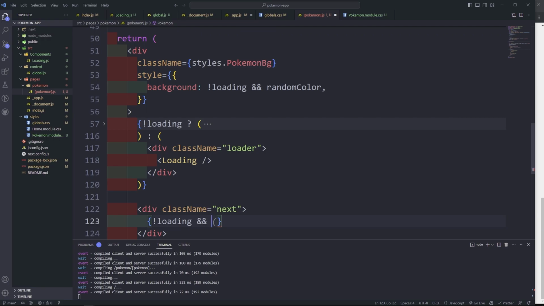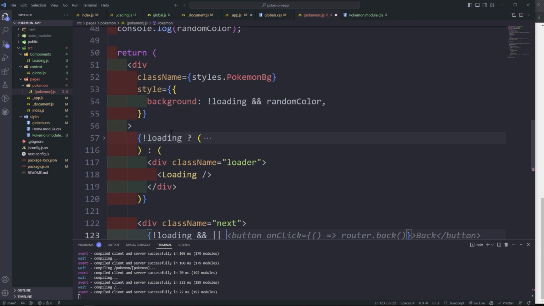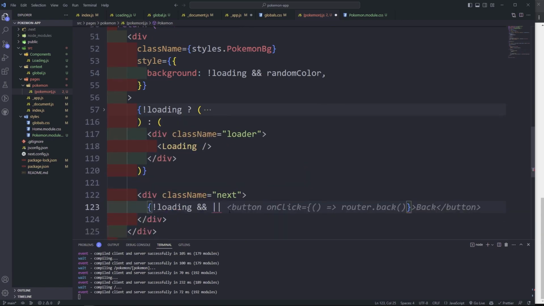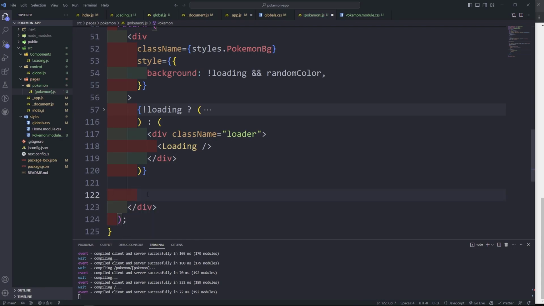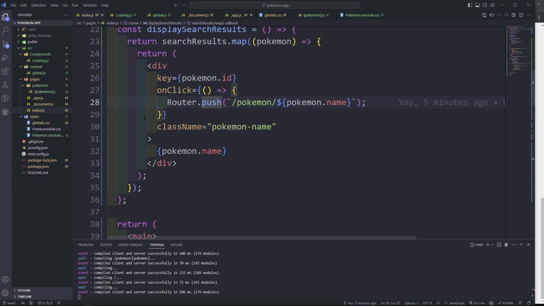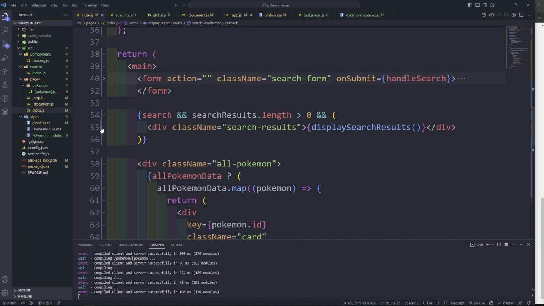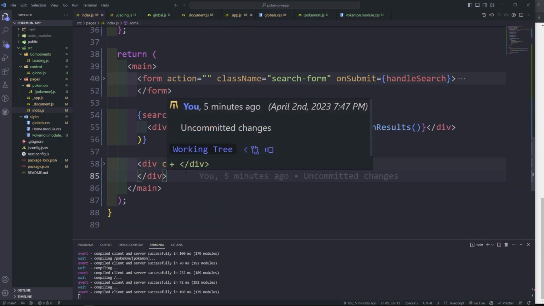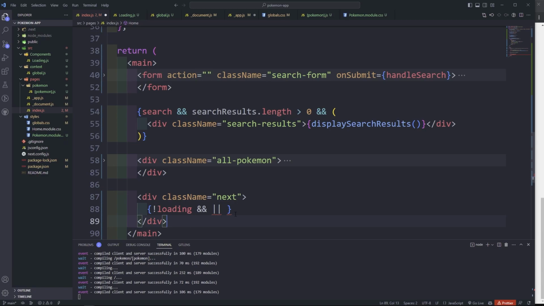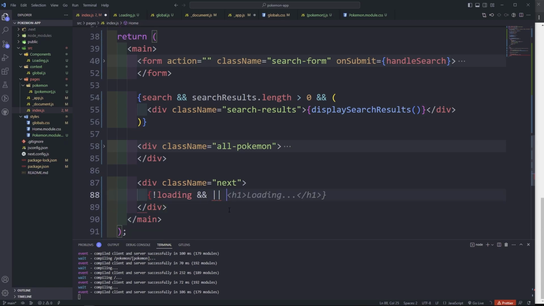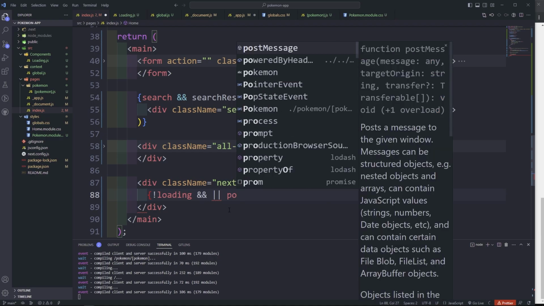Well, I'm just wondering, how do I do the pipe? Or the length of the, what is it? I'm doing this on the wrong file. It should be in the index. I was getting confused, like, oh, what's happening? So here, next, if not loading, or the length of the Pokemon,